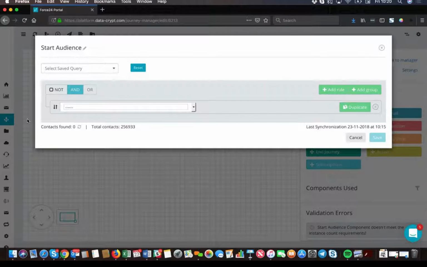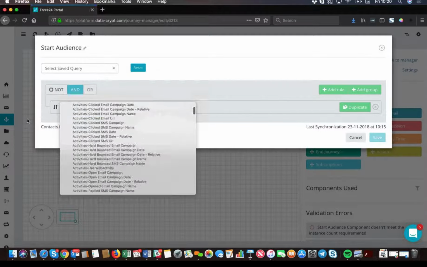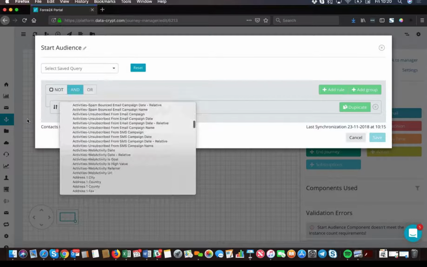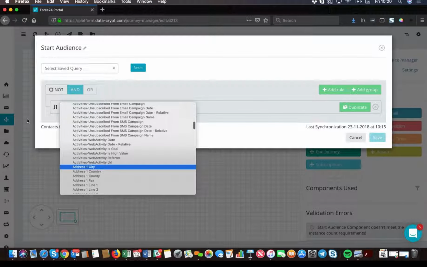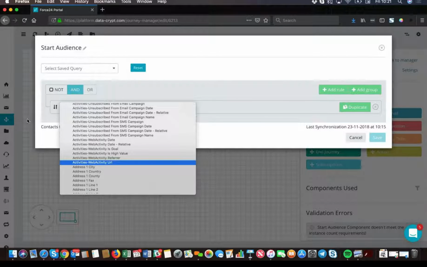The trigger is the point at which people are picked from the masses and run through this journey. In my instance, I want to find people that have been to the price list page, so I'm going to use this activities web URL function. Now, let's say it was people that were referred from Facebook or had been in a particular Google ad